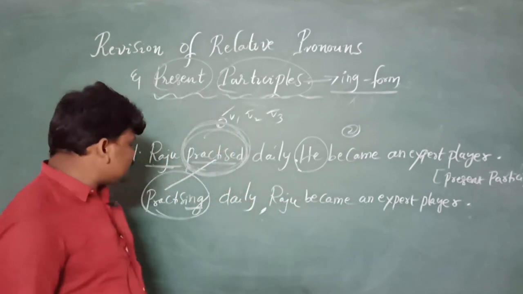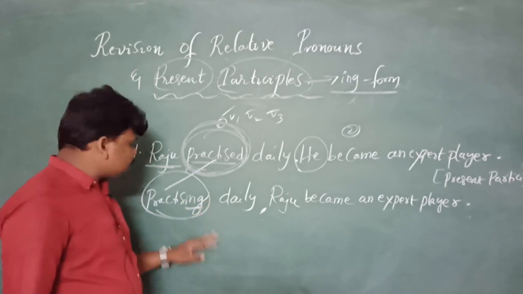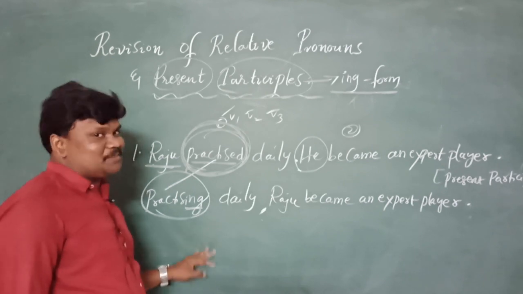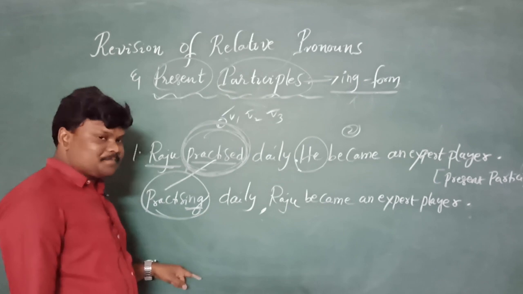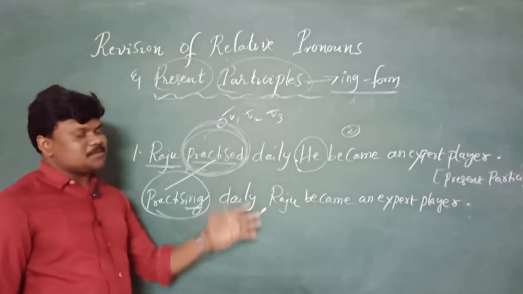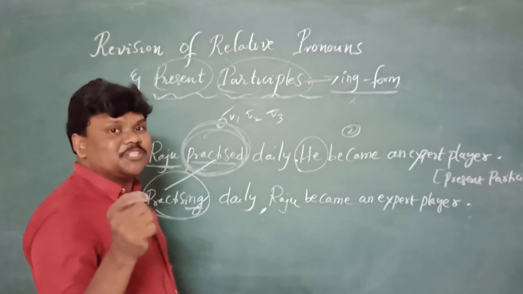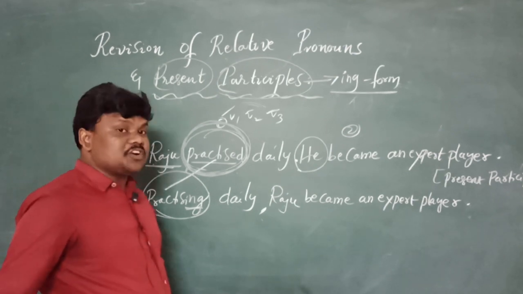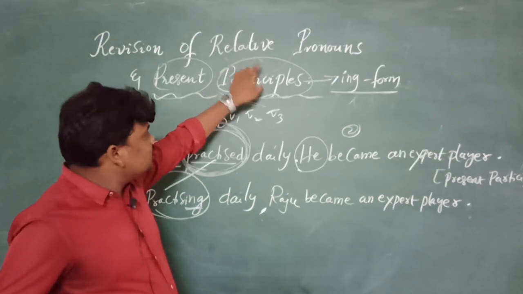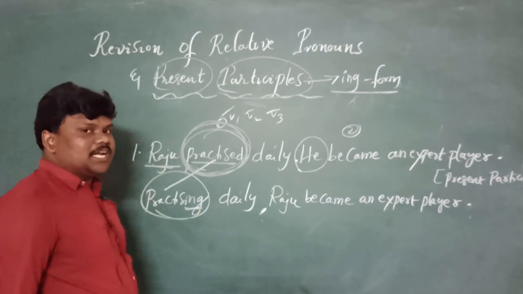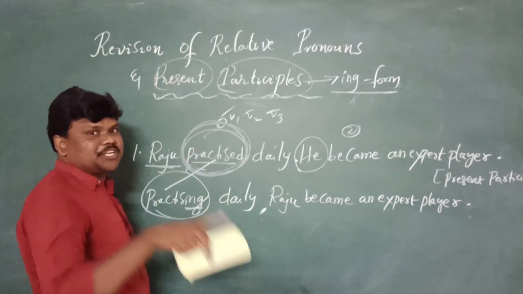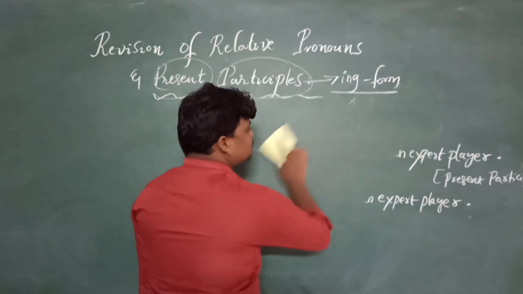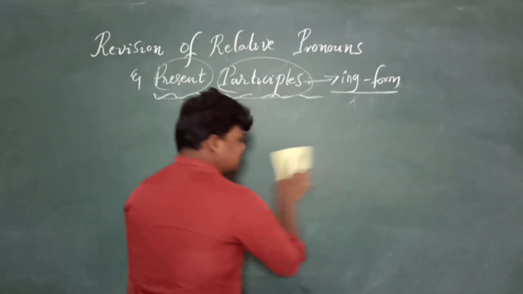I have given you the four options, A B C D, in a very twisted manner. So identify each sentence carefully, how we need to combine the two sentences with present participle, choose the correct answer, and try to get full marks. In English especially, the objective test of 5th is related to relative pronouns and the present participle. With one easy example let me conclude this revision class. I hope you understand up to here.